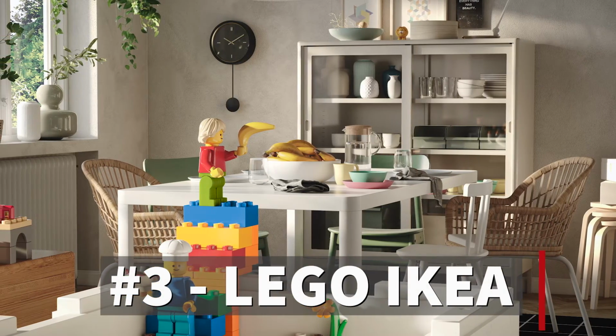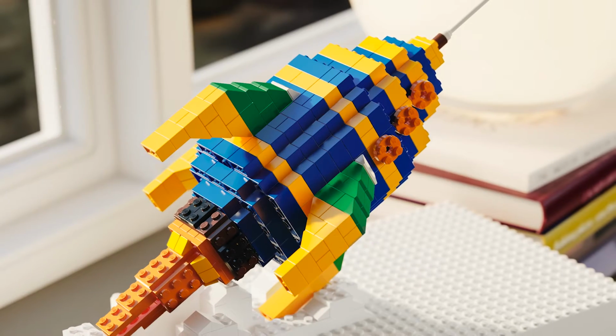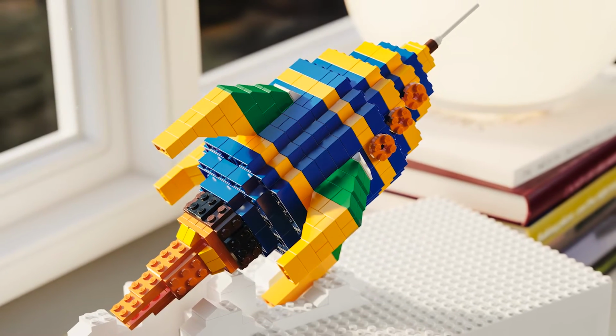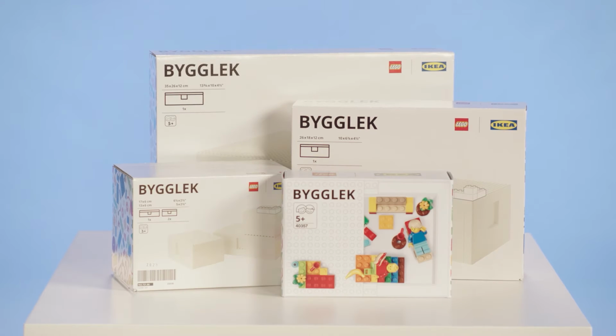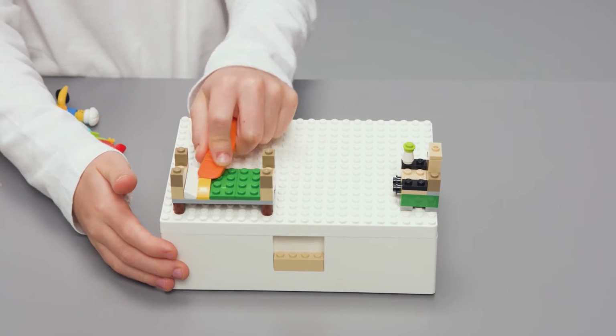Number 3, Lego IKEA. I will not attempt to pronounce the name of this series, so I'll have these kids try to say it for you. Biglet. Biglet. These are essentially various sized boxes for you to store Legos in, but they also adhere to the